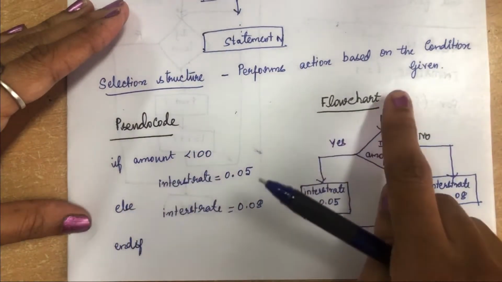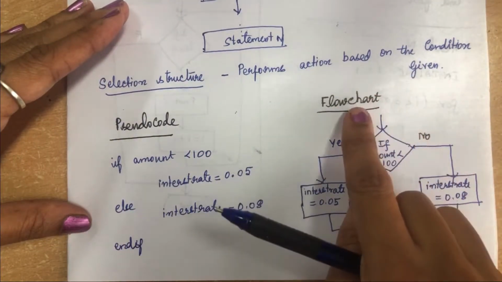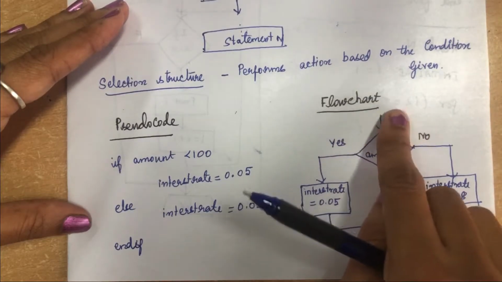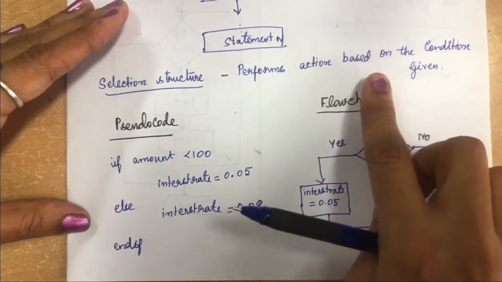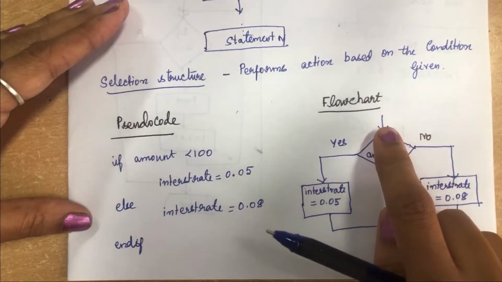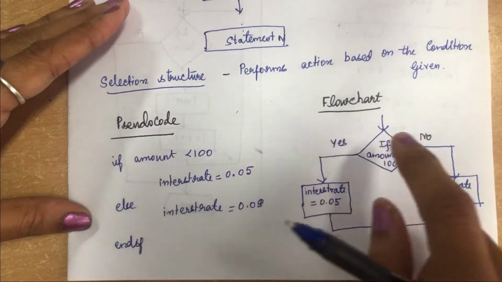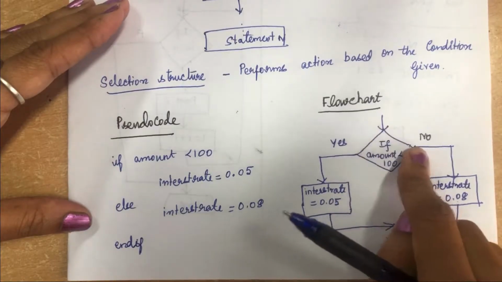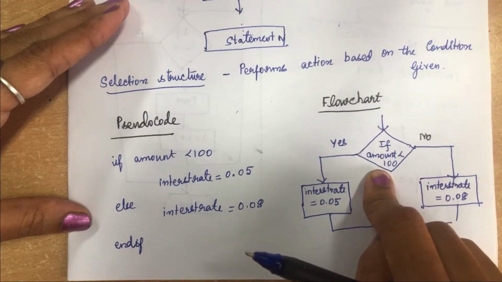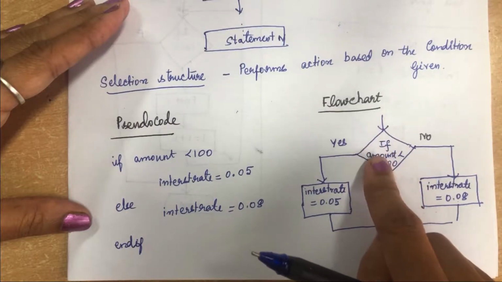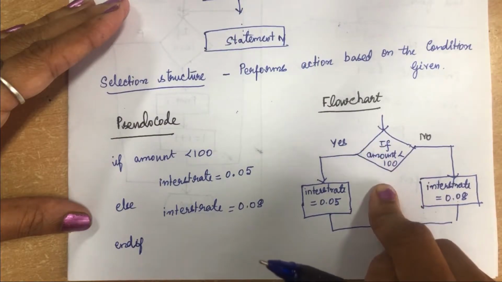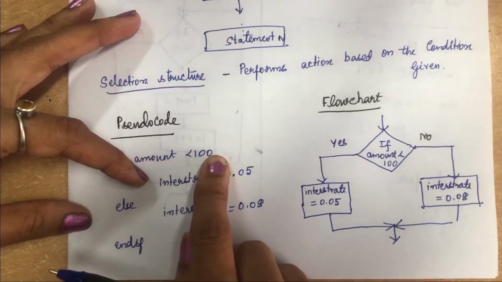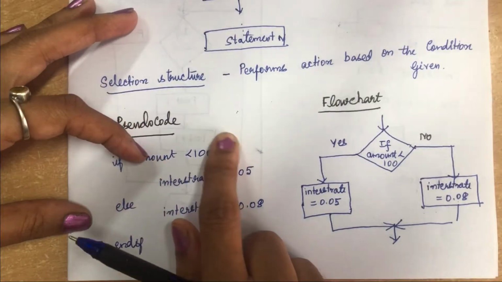Now we will see here you should have start and this input variable. For the time being, I have not drawn all the start and stop over here. I am drawing only this particular part. For the if condition, you have to use a rhombus symbol as we have discussed in flowchart. So you are going to check if the amount is less than 100. If means it is going to check for the condition.